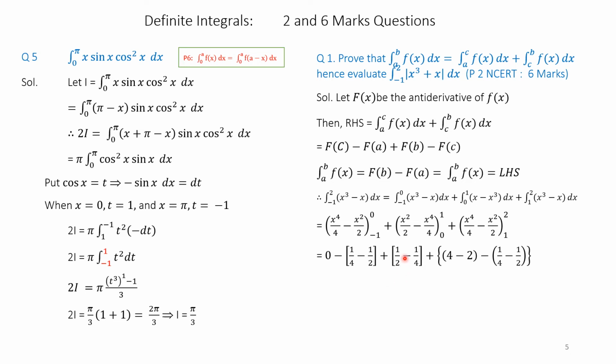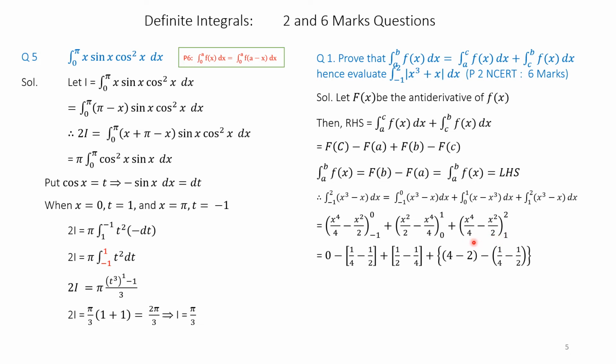This one is, we have to put the upper limit first. So upper limit is 1 by 2 minus 1 by 4 plus, and 0 is, all the terms are 0. The lower limit is 0 here. Therefore, the final term is x to the power of 4 by 4. So if you put